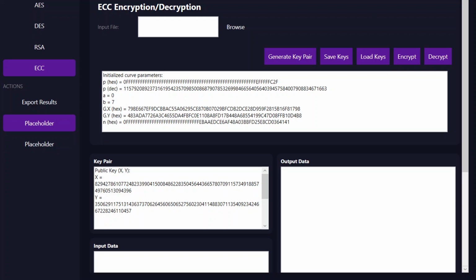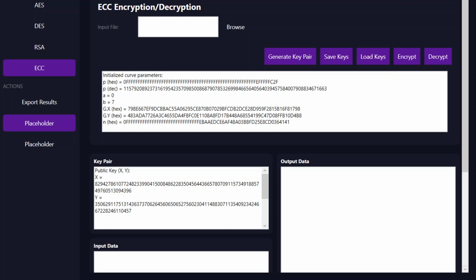I implemented some buttons for the user to be able to save and load keys to basically allow them to reuse keys whenever they want. Here you can see in the bottom left my public key coordinates, which is a point on the elliptic curve. And I included an extra text box below the buttons to show the specific curve parameters of the SECP 256K1 curve,